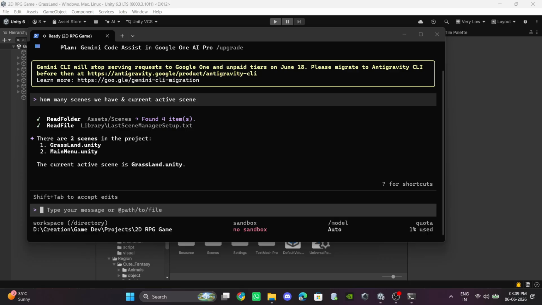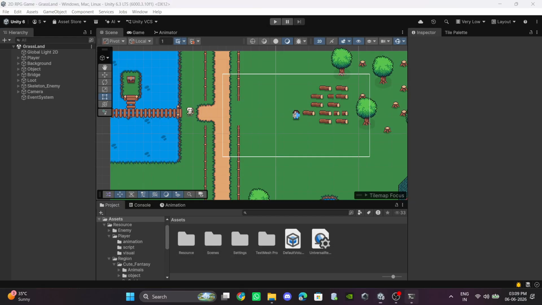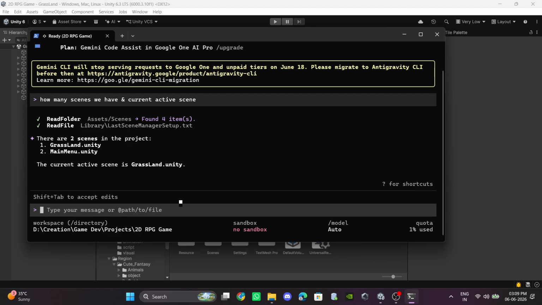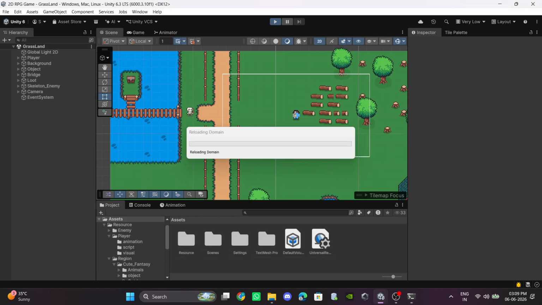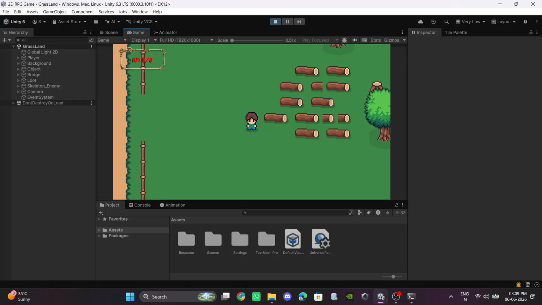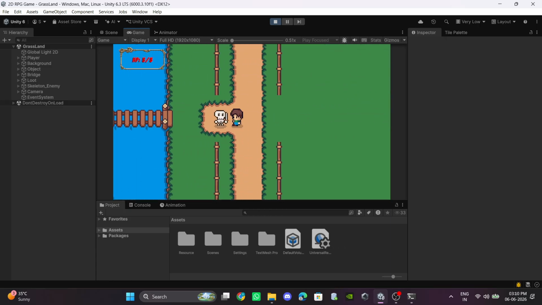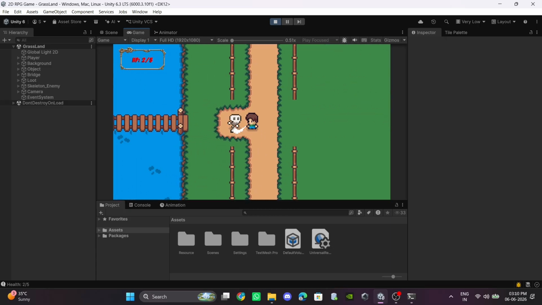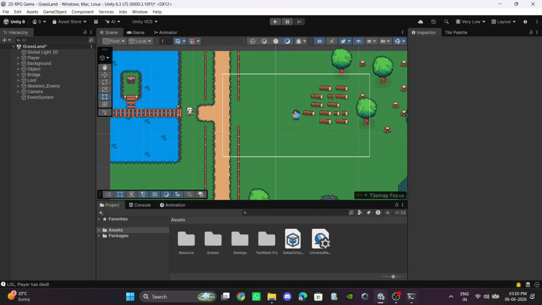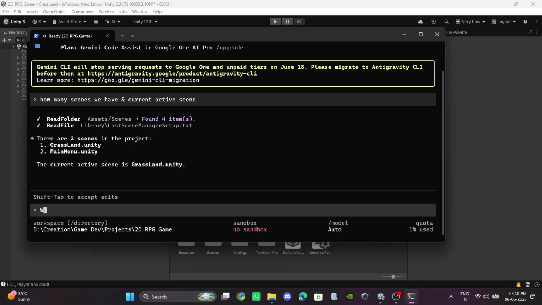Okay, right answer. Now we can even solve complex problems. Like one issue I'm getting in this project is that when the enemy kills the player, after dying the enemy is still attacking the player. That's the issue I'm getting in my project. Let me show you like this. Okay, 3 HP, and then he dies, but it's still attacking. So let me ask it, and I hope it can solve it and tell me what the real issue is.